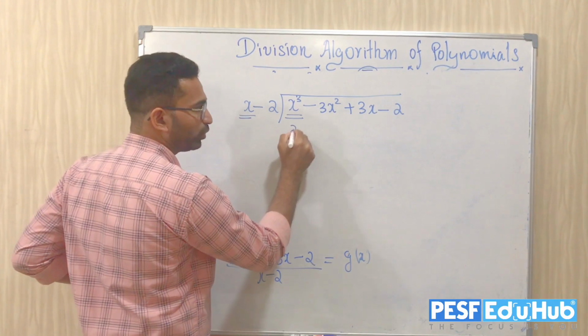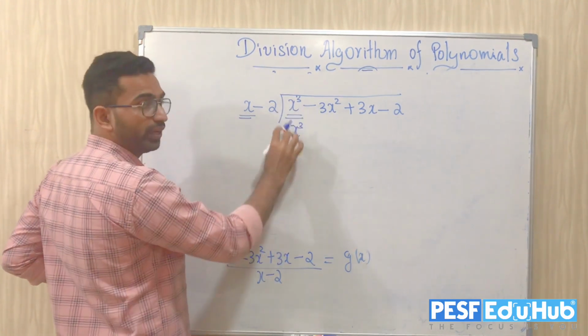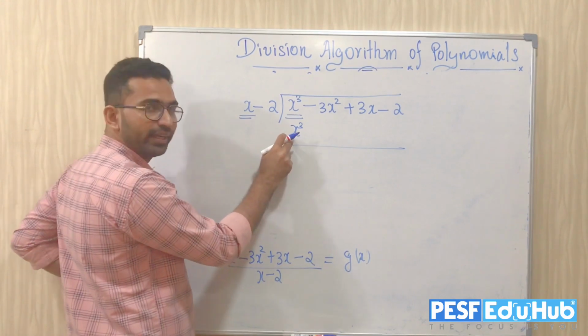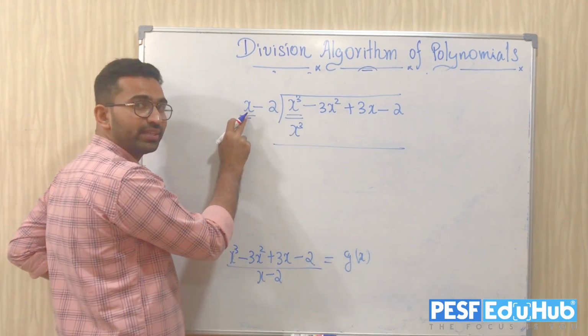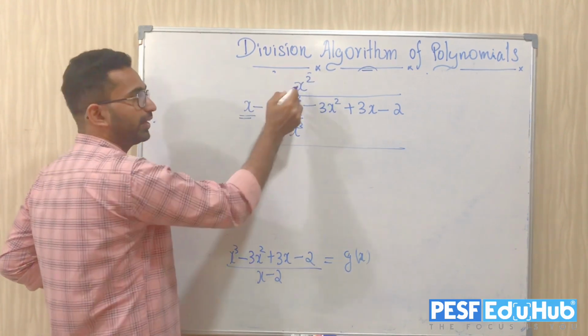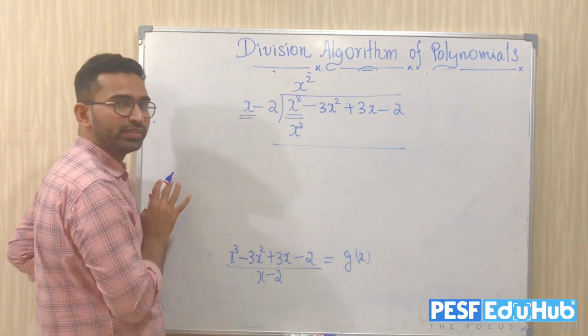So I have to write x cube here, then only this will disappear when we move to the other step. Okay, so I have to get an x cube here. Already one x is here, so what should I write here? It should be x square, am I right? x square into x becomes what? Okay, fine, it's x cube.